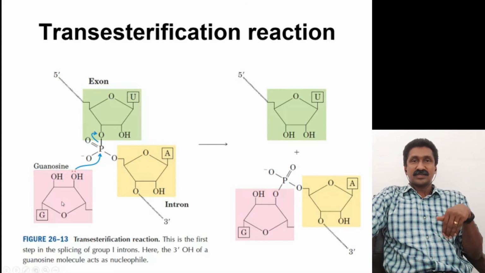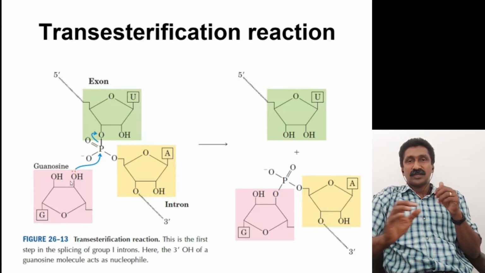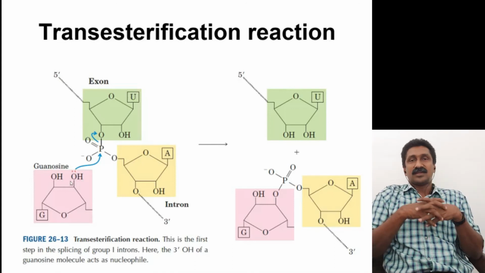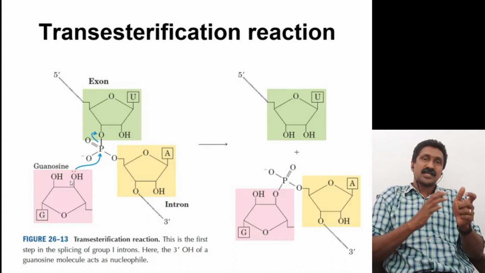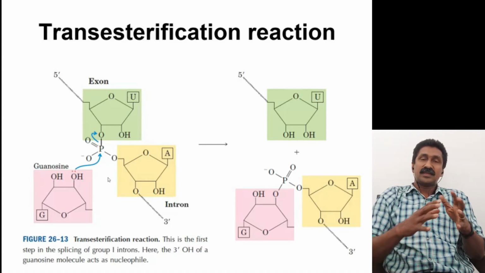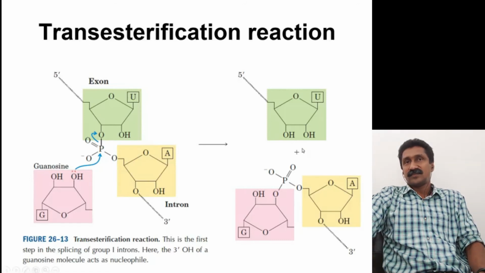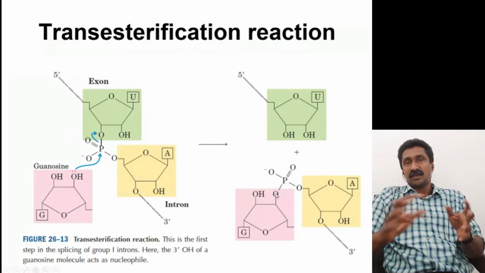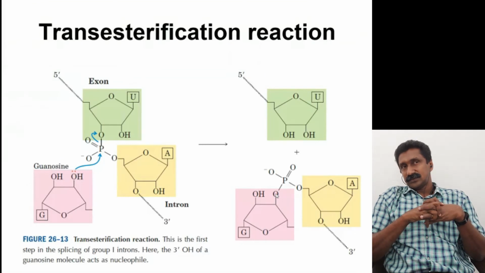But when an incoming person gives a handshake in the form of a 3' OH group to the phosphodiester bond, the phosphodiester bond will be shifted to the incoming nucleotide. So that results in shifting of the phosphodiester bond to the incoming guanosine residue, and that results in the breakage of the chain. So the OH group will be here and the phosphodiester bond will be shifted to the incoming residue. Is it clear?